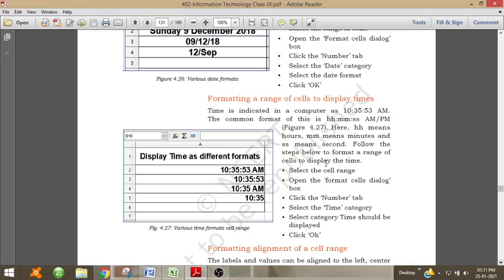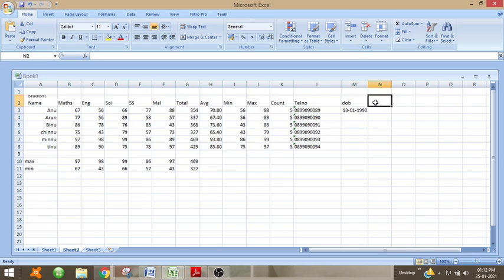We can format the time as follows: select the cell range, open the Format Cells dialog box, click the Number tab, then select the Time category and the time format that should be displayed, the same as we have seen in date.